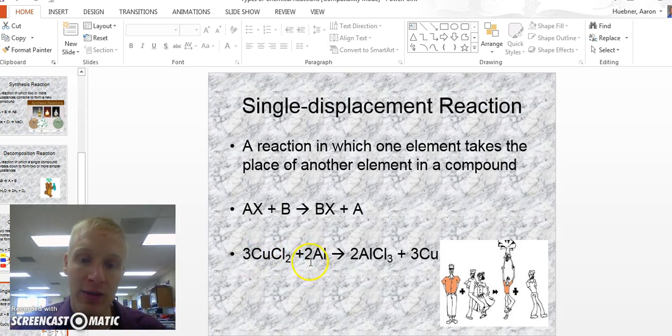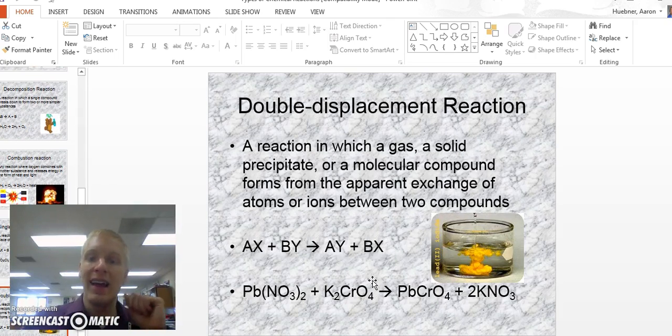But basically you compare the 2 cations or metals, and whichever one's stronger, and you'll be using an activity series, will win and will end up with the anion, in this case chlorine. So looking at this one, it looks like aluminum is stronger than copper, so it boots out copper. Copper is left alone, and aluminum is in the compound. That's single replacement reaction. And last but not least is double replacement reaction, and this is very similar to single replacement, only